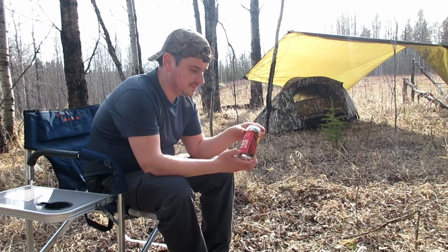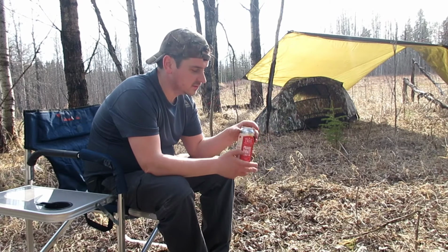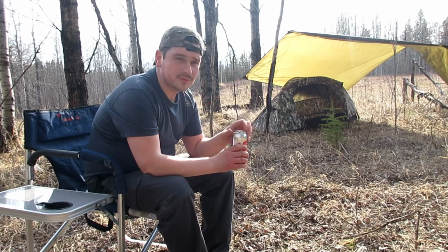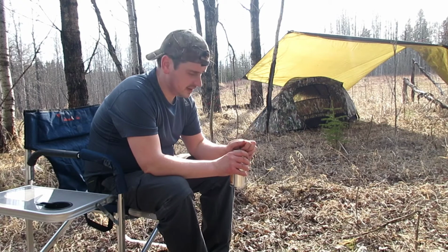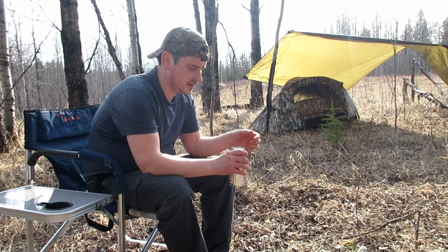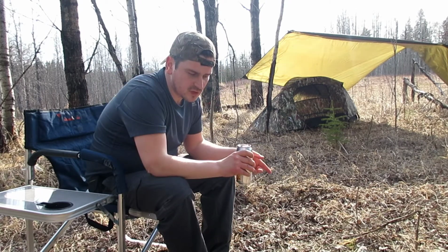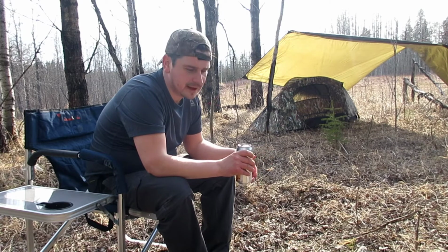Anyways, beer time. Prairie Pirate Double IPA. This one's a Ribstone Creek, 8.8% alcohol. It's a good backpacking beer. Ooh. Cheers. I wanted to try to pack all my stuff in my backpack